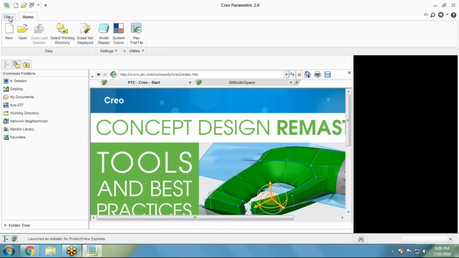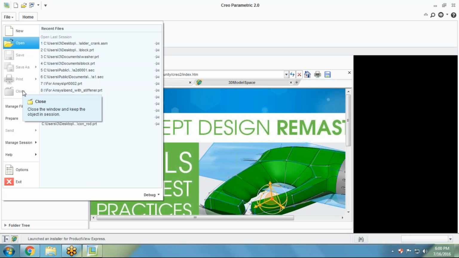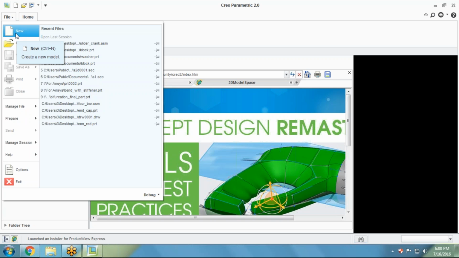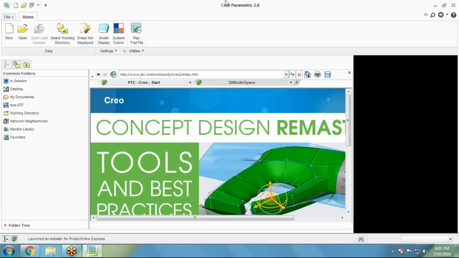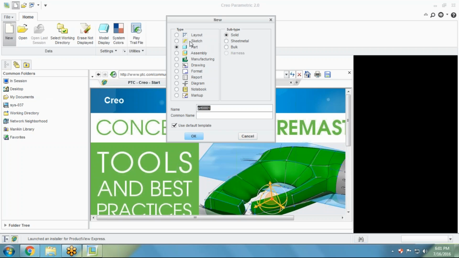And after that you can see this is the startup menu, and from here you can create a new file and open a previous file which you have saved in previous sessions. You can save the file from here, but this will be deactivated right now because we have not opened any diagram or model here. So we are working on a new file. Press on this, or you can use the shortcut key, same as in MS Word or Excel. So you can click Ctrl+N, and then the dialog box will come with layout, sketch, part, assembly, manufacturing,